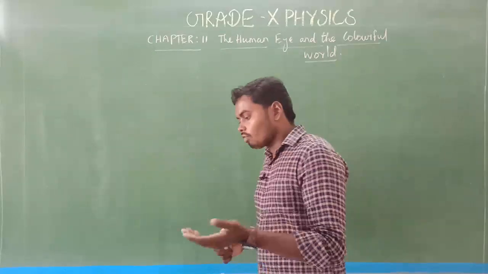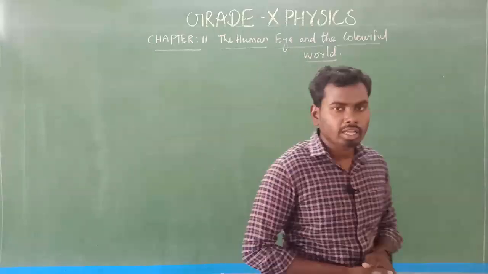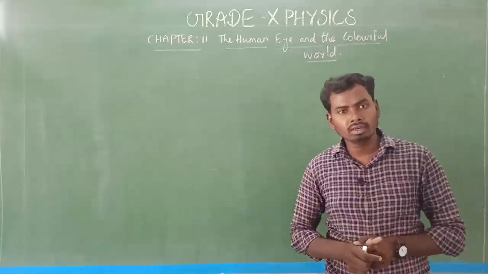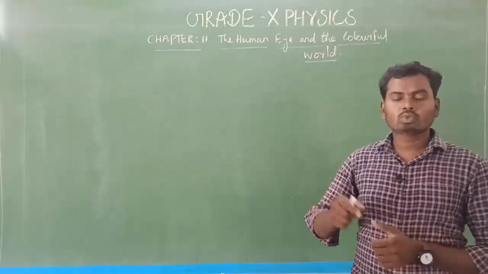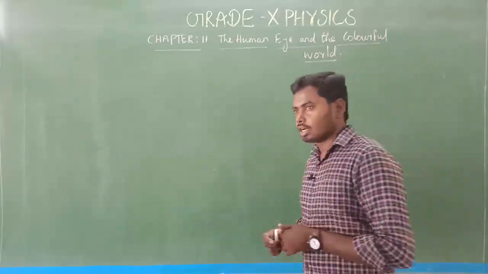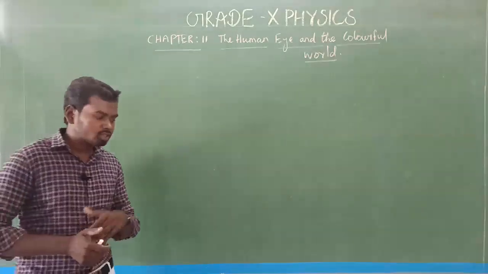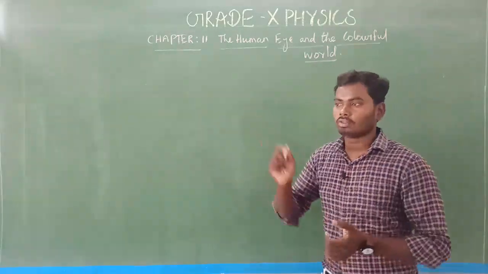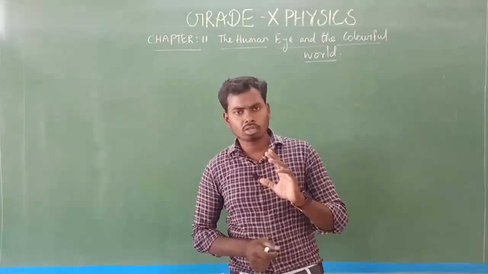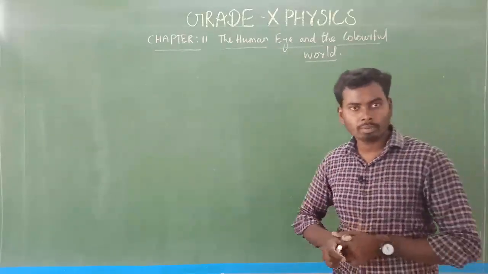Yes. Then after that, we have seen a few examples of atmospheric refraction. Due to atmospheric refraction, some optical phenomena happen in nature. First one, we have seen the twinkling of stars. Am I right? What is that? Twinkling of stars. So actually stars never twinkle. The stars appear to twinkle when we see the starlight from the Earth's surface. Stars actually never twinkle. They appear to twinkle due to atmospheric refraction.